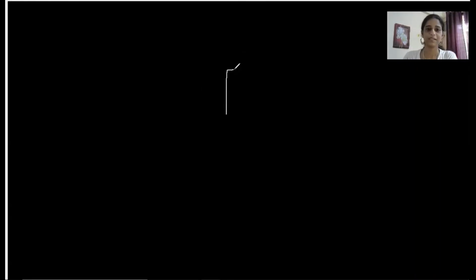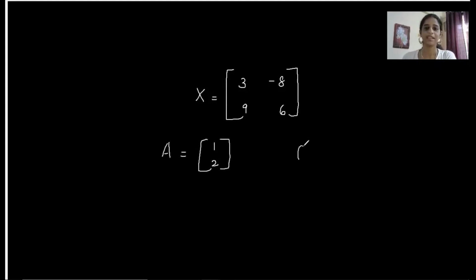We have a matrix 3, -8, 9, 6. You can name this matrix as uppercase letter X equals 3, -8, 9, 6. Or you can use any alphabet, like A equals 1, 2, or C equals matrix 8, like that. So the primary identity of a matrix is its name, and we usually represent a matrix using uppercase letters. And matrices have one more identity, and that is its order.